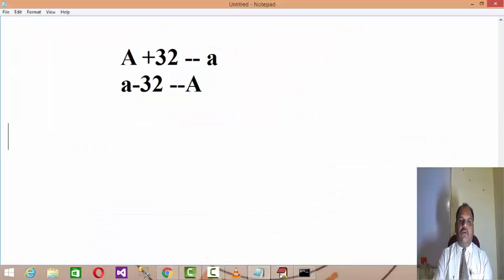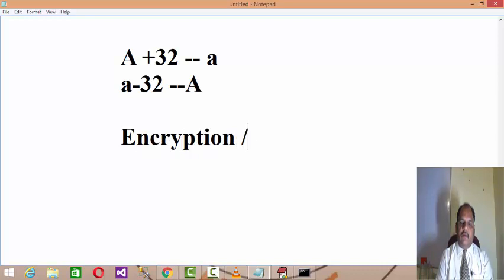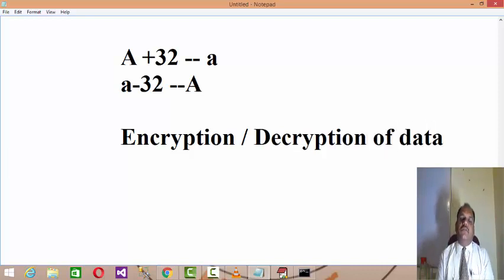Okay, now let us discuss the next logic. Many times while dealing with data, as we need to secure the data, we need to perform the encryption and decryption of data, because if you keep the data as it is, probably anybody can access it.